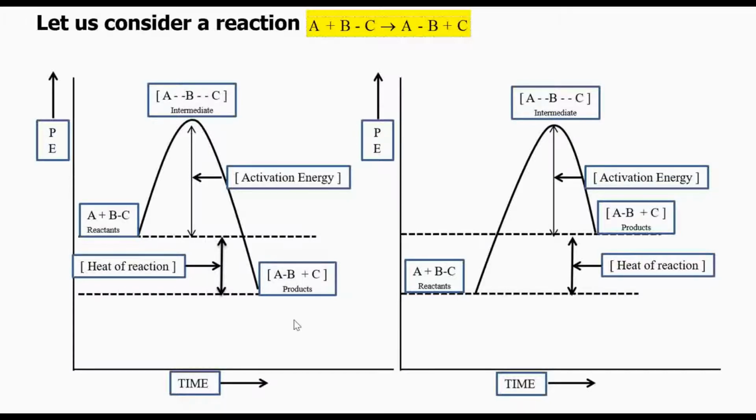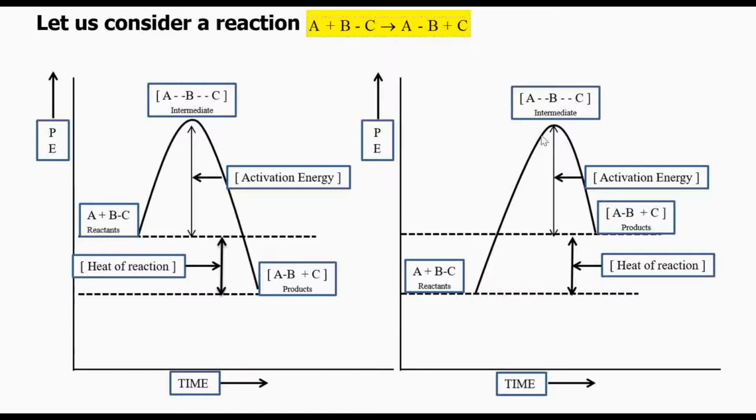So now I will take you to the second figure, which is about the endothermic reaction. Here, as I told you, you can see that the energy of the reactants is less, meaning the reactants are stable as compared to the energy of the products. The reactants are more stable than the products, and this is an endothermic reaction. So if you have to carry out this reaction, then you have to supply more energy.